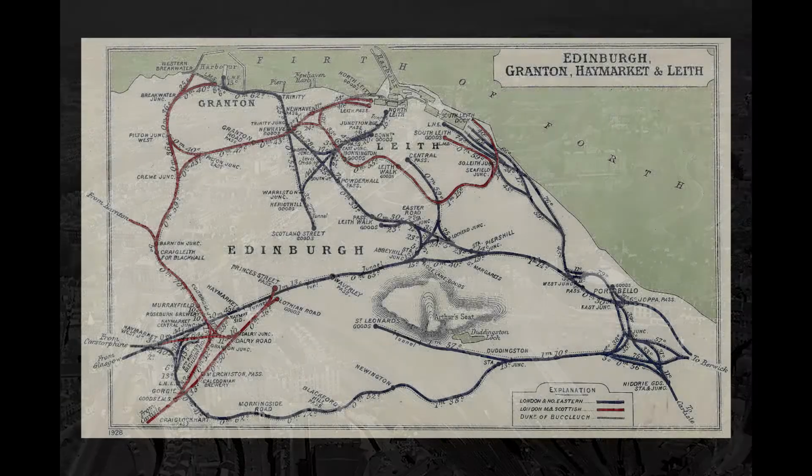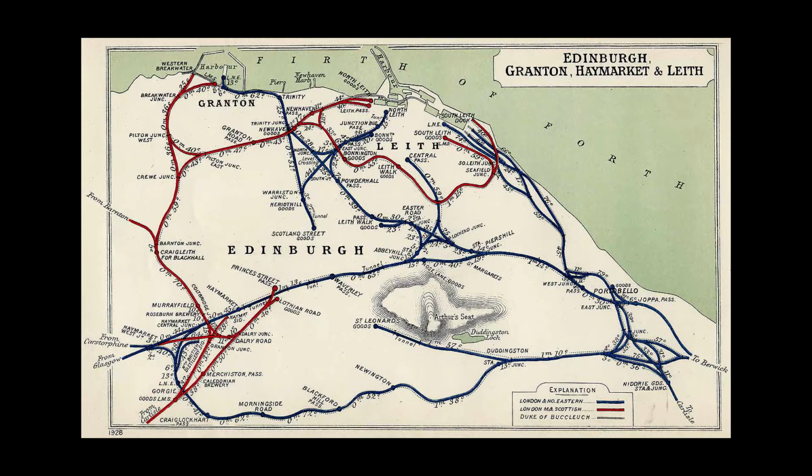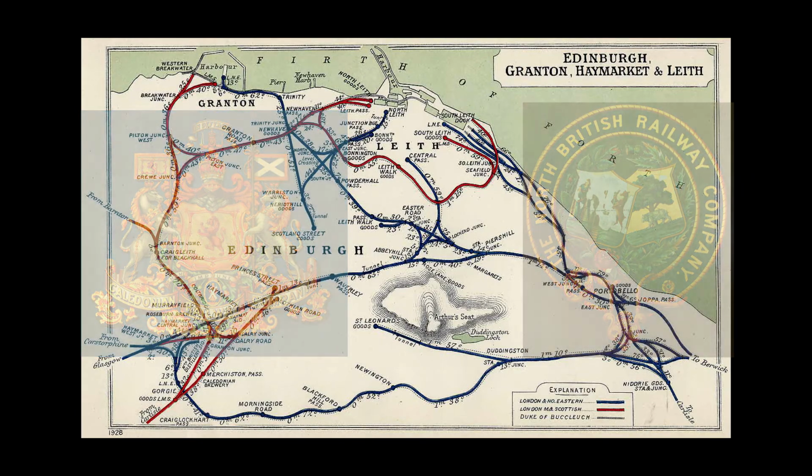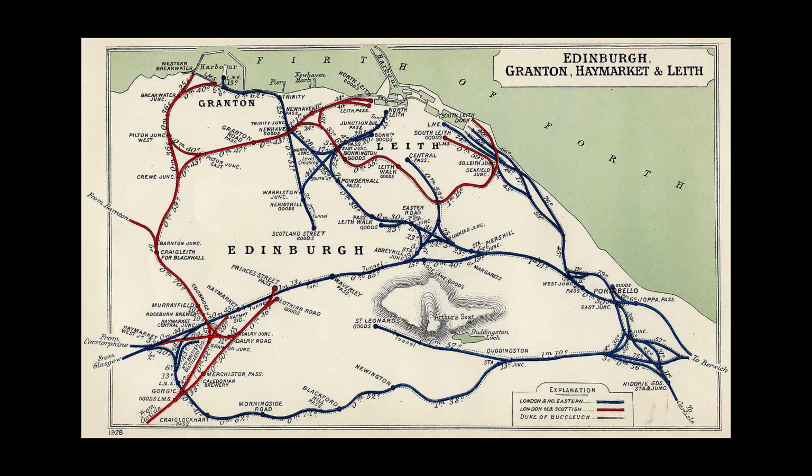So you may have noticed that I bring up the company that the stations were opened by, and this is for good reason. At the dawn of the railways, many different railway companies started up and opened various lines for various reasons. I've already mentioned some of the earliest ones like the Edinburgh Leith and Newhaven, the Edinburgh and Dalkeith and the Edinburgh and Glasgow, but eventually these lines got taken over and amalgamated into two main railways, the Caledonian and the North British. Then in 1923, the 5 different railway companies in Scotland were amalgamated yet again into two